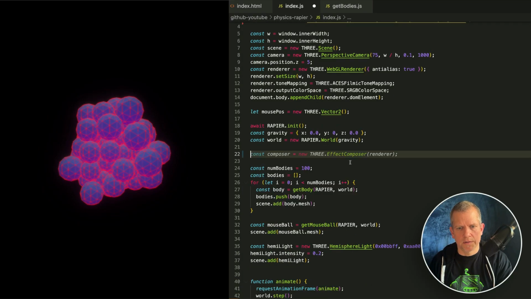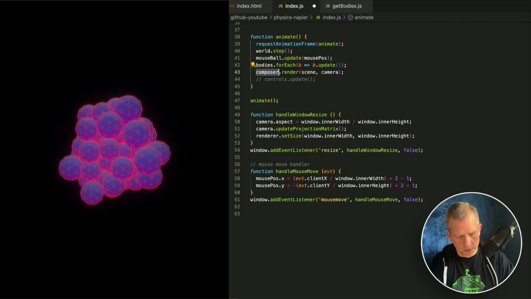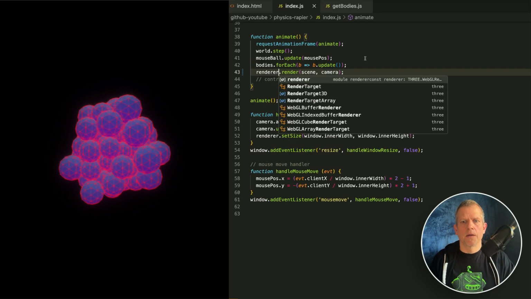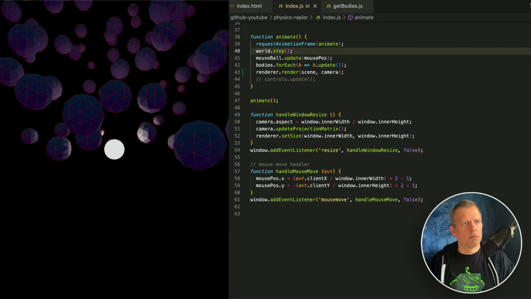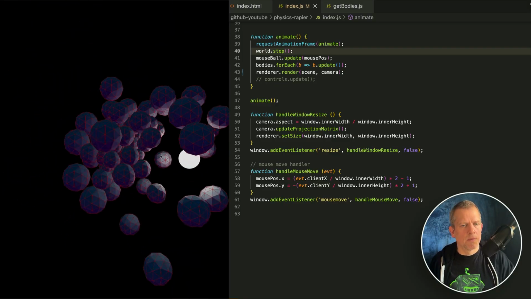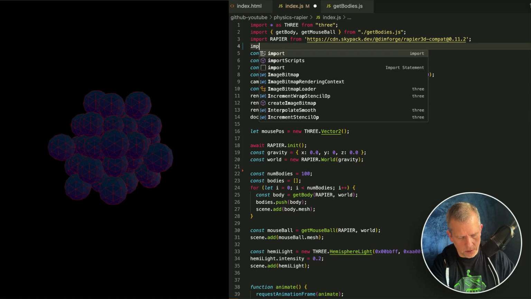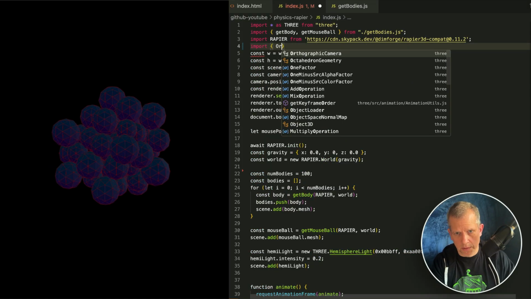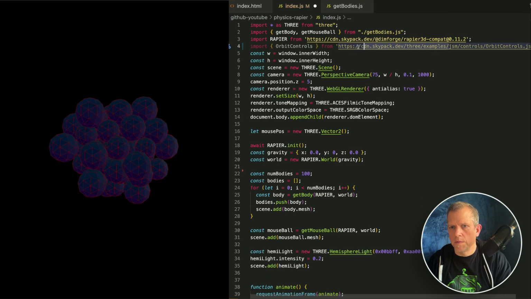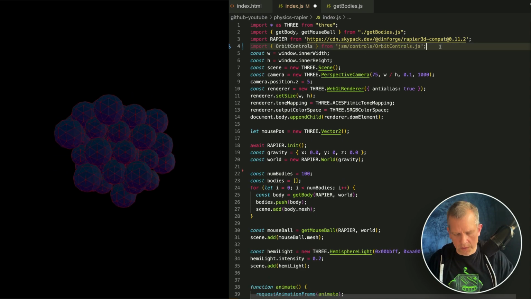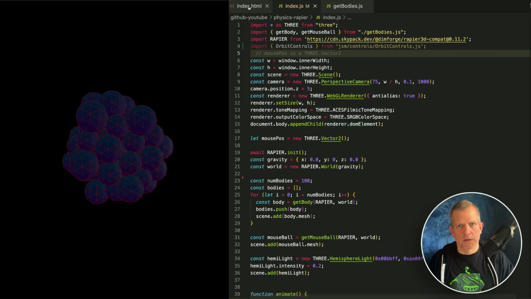I don't need this post-processing anymore. And change this from composer to renderer. And the scene, hang on, let me come back over to the scene now. It looks like this. I want to add the OrbitControls. Import OrbitControls around this. So this path works because I have this set up in my imports inside of index.js here,